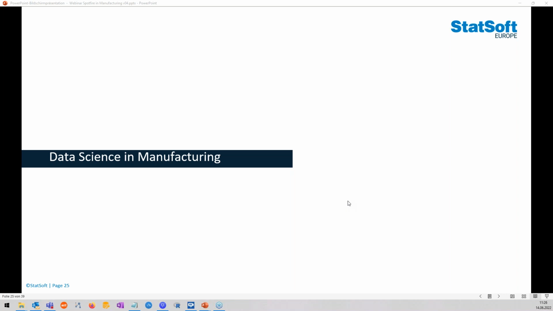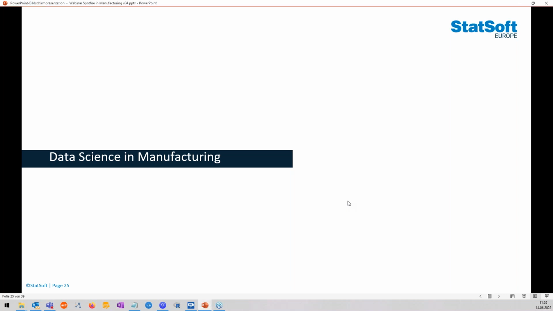Now I'm going to dive a little bit into data science in manufacturing, then show you an application built in Spotfire, so real-life Spotfire. But you also saw from the demo gallery that Spotfire is kind of a chameleon in a sense, so it can be in many forms and colors and ways of exploring data. So it can really be suited to your needs.